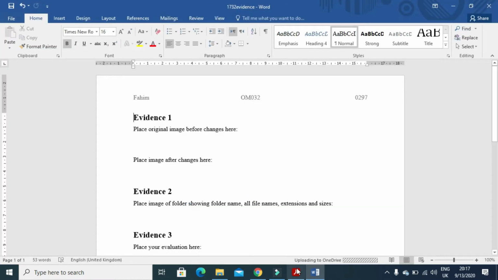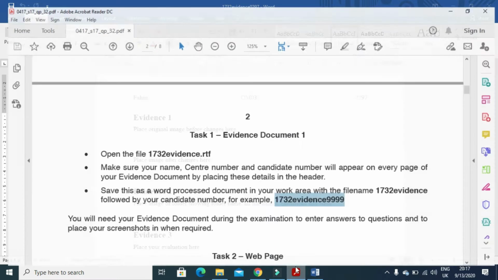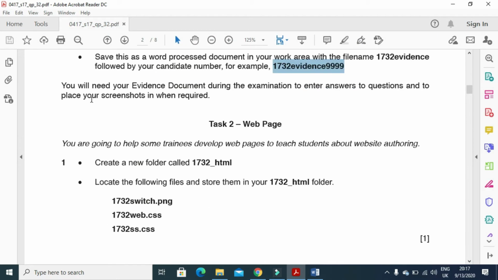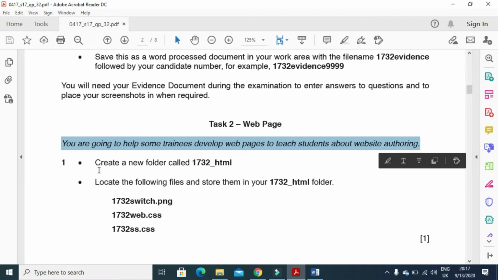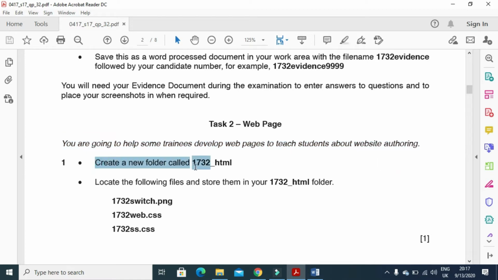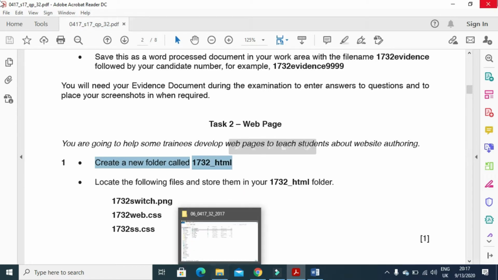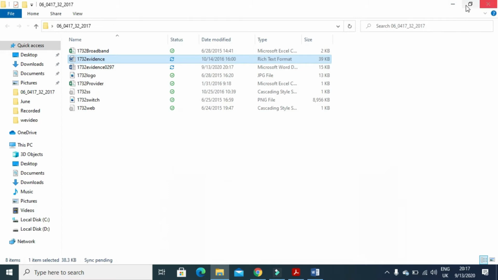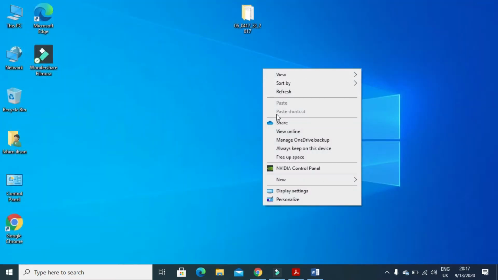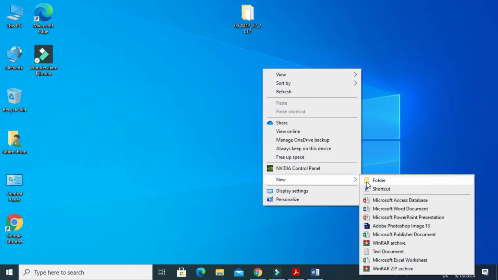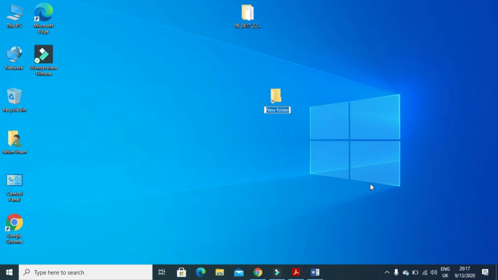When you click on save, the next step is to proceed with the web page. So you are going to help some trainees develop web pages to teach students about website authoring. So you need to create a folder called 1732_HTML. So we'll minimize this one. We'll go to desktop here and we'll create a folder, and we'll name it